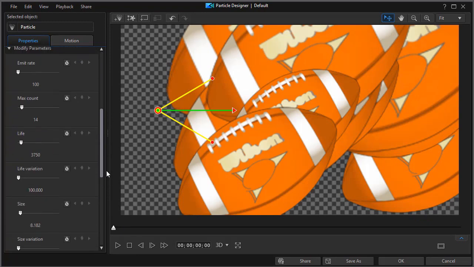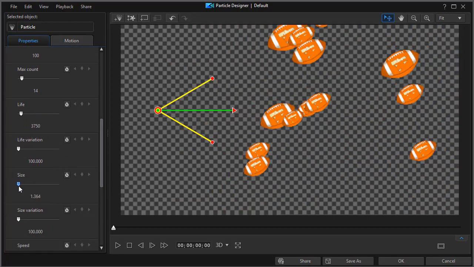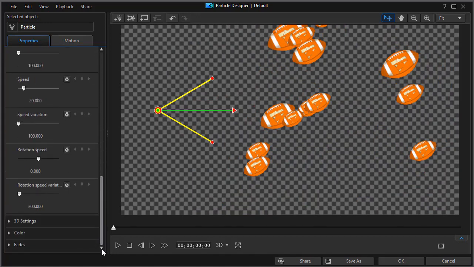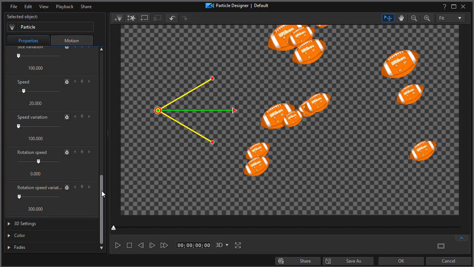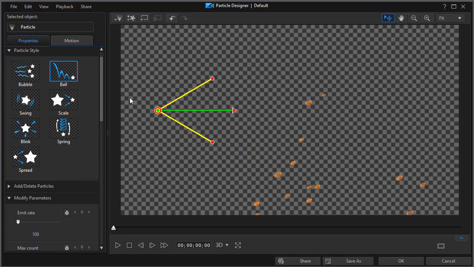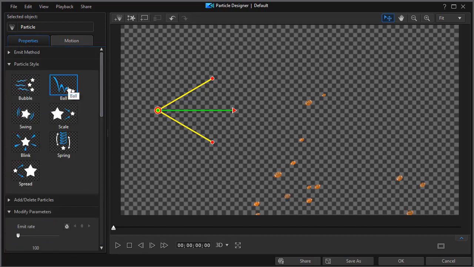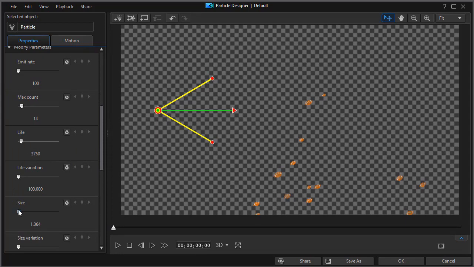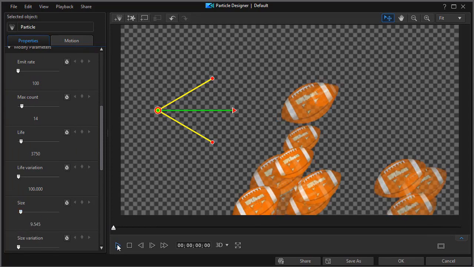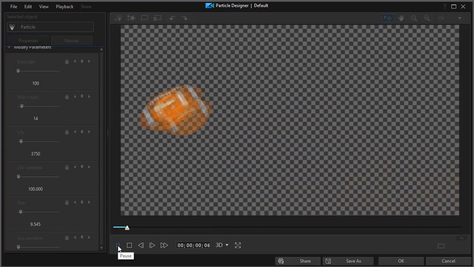When we have spread, normally we want our size to be pretty small because it enlarges it. But you notice most of the attributes of particles that we have with spread are those that we had over with bubble. So you can experiment with different kinds of emit methods. Here we have gravity applied also when we do the ball. And we can increase or decrease the gravity. Let me change the size of the particle and play this. In gravity, remember, everything bounces to the bottom and then slides forward,